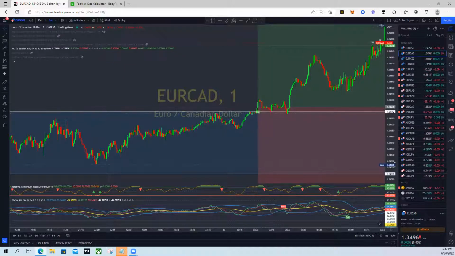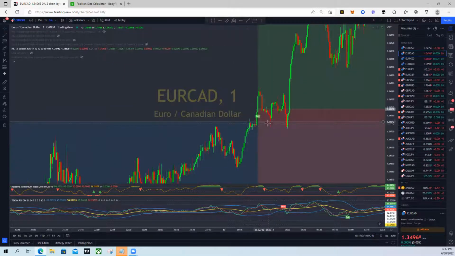Almost to the pip. You got your retest of the zone and never came back into the zone. This is where your buying opportunity comes into play. Now it may buy, and there'll be times it'll buy, whether it's the minute chart, 5-minute chart, or hour chart, you may get a buy signal and it may continue to go into bias territory without even giving you a chance